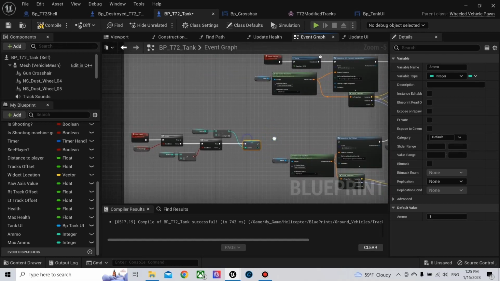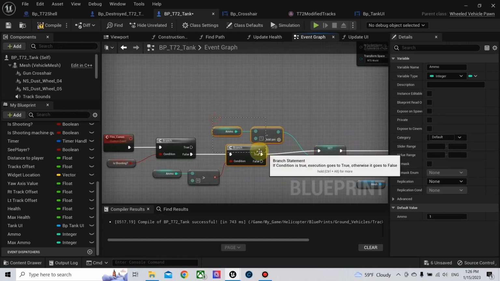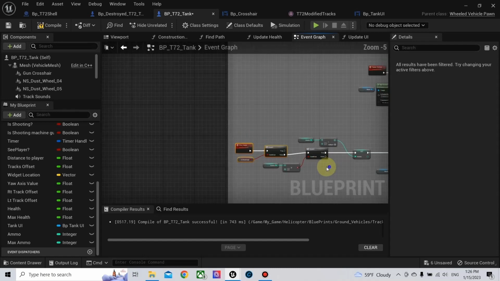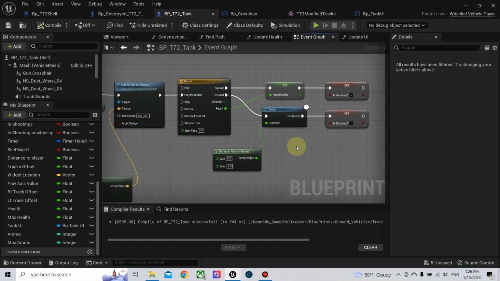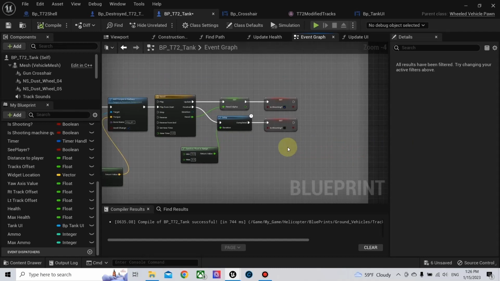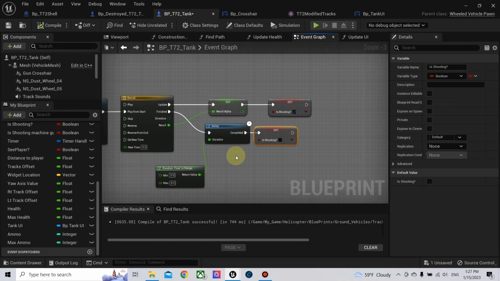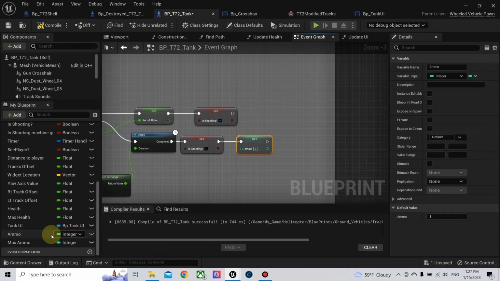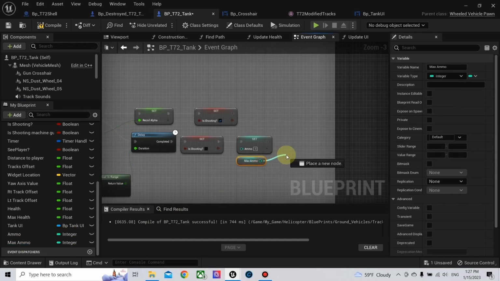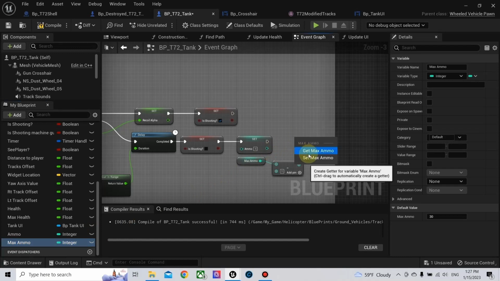Then we continue to shooting. Now, when we reload, after the reload here, we set the ammo to 1 and our max ammo -1. We need to set it to